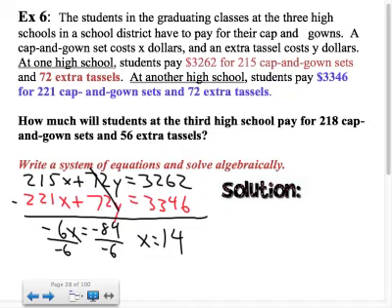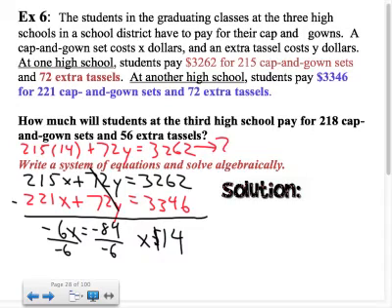Okay, so in other words, what that means is cap and gown sets cost $14, and now to find tassels, I'm going to plug it back in. I'll just plug it back in here to the first equation. So I have 215 times 14 plus 72 times y dollars equals 3262. So I've got to do 215 times 14. That's 3010. So I'm going to subtract 3010 from 3262. So I end up with 72y equals 252. Divide both sides by 72, which tells you that the cost for tassels are